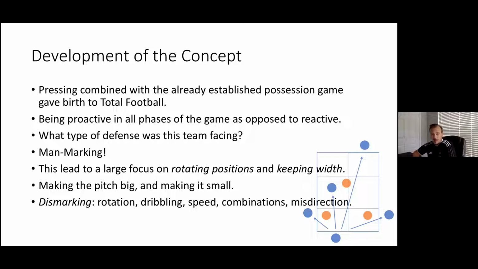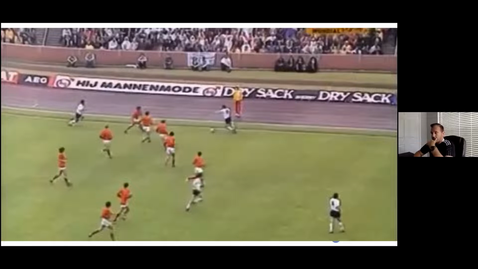So all these little tools and tricks to beat man marking teams was the original way that you saw total football. So if you literally look up 1974 Netherlands versus Argentina, you're going to see the players moving everywhere. It's about getting rid of their markers and keeping the ball, right? So you're going to see possession football. You're going to see pressing when they lose it, but you're going to see a lot more movement than you're used to today. And this was that team. If you can find this video online of the full match, they pressed like animals and they moved all over the field when they had the ball.